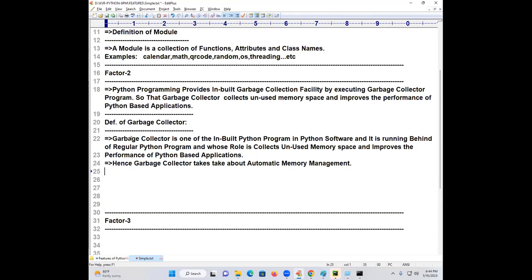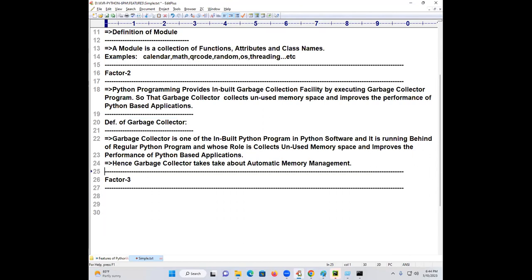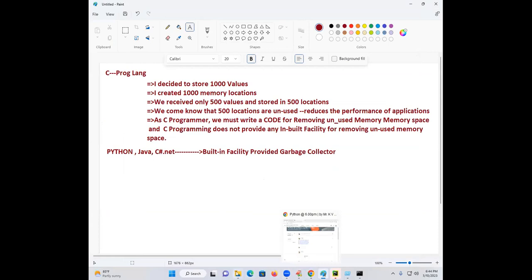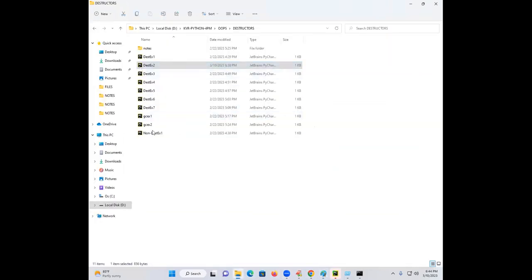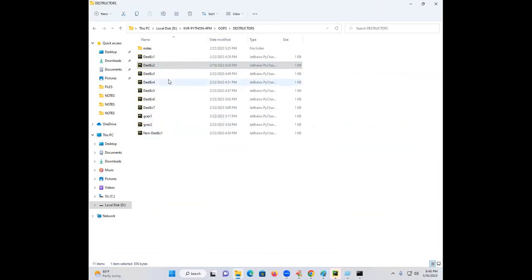Is it clear or not clear? Clear. This is a very regularly asked question, and I will explain its internals when I come to OOPs. I already said where I am going to explain it, because see how many examples I have. These many examples. Without garbage collector, what is happening? With the garbage collection, what is happening? I am going to explain it with pure programming.